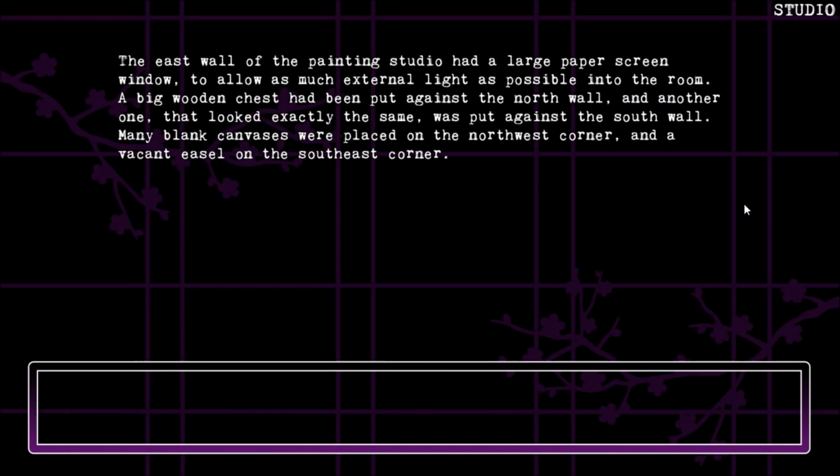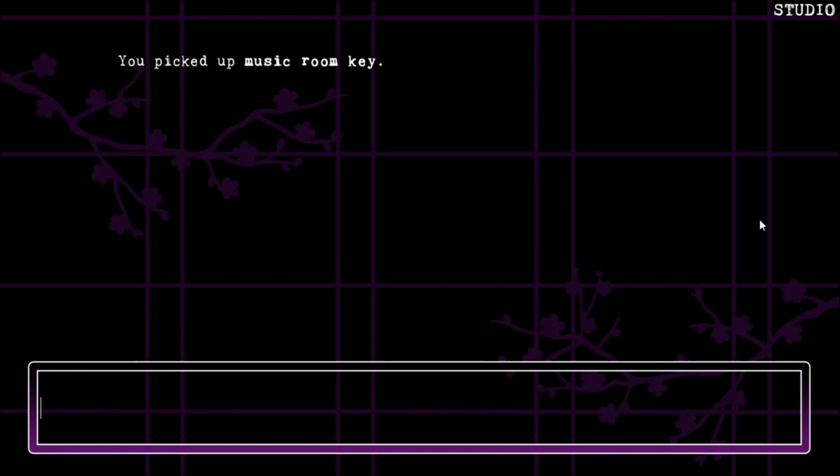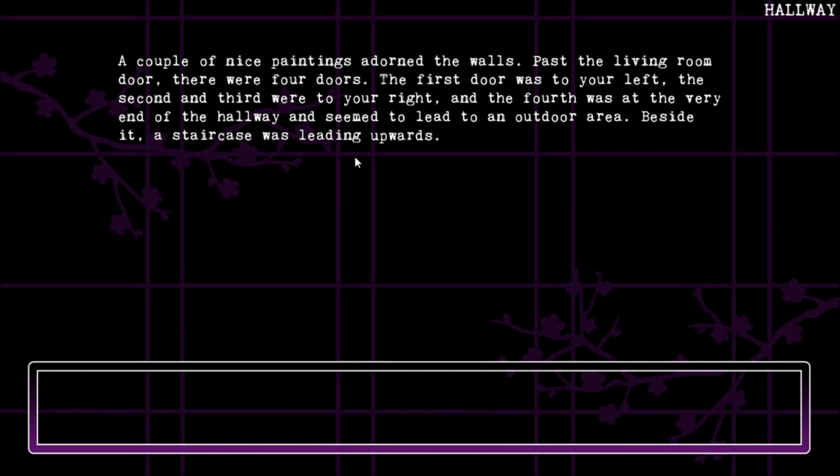And you check, you can go open south chest, and you can see there is a simple looking key shining among other objects. You take this key, now you go hallway again, and this key is actually the music room key, as you just saw, so we can now go into the music room,